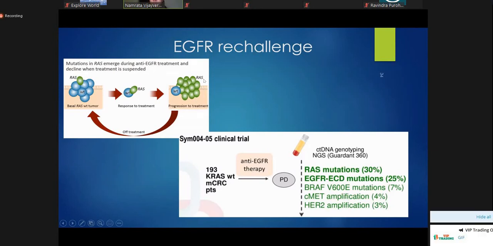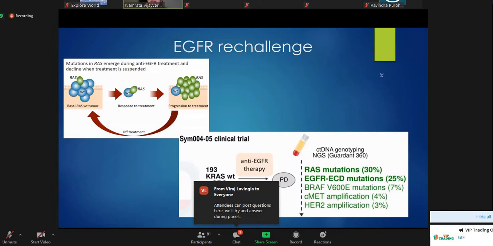And how do they find it out? We have sort of improved our circulating tumor DNA analysis strategies so immensely over the past few years that ctDNA seems to be the holy grail and the answer to all our questions of the future. But still work to do on that. But very elegant studies have been done over the years, which have shown that